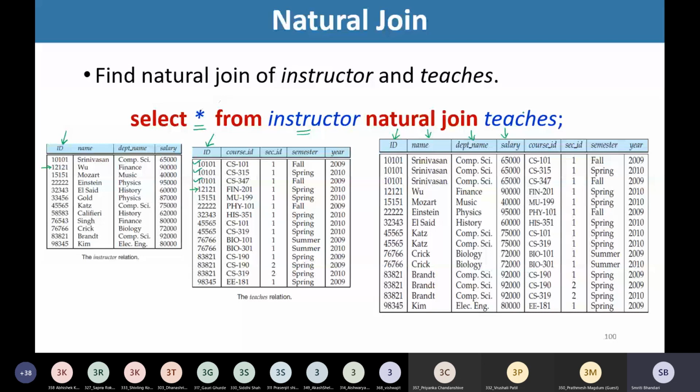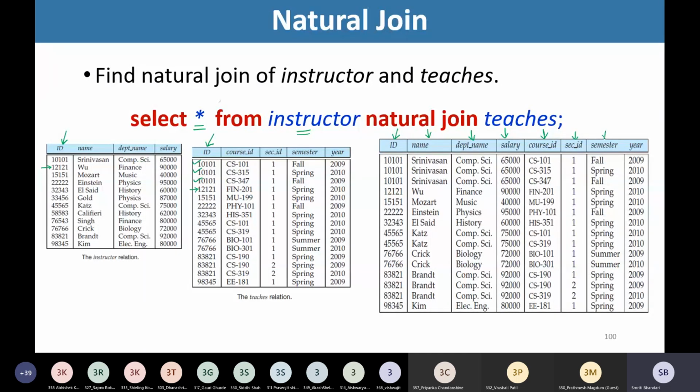What next? The remaining attributes. After dealing with the left-hand side relation, we deal with the right-hand side relation. So, other than the common attributes, whichever are the remaining attributes from the right-hand side relation appear next in the same sequence as in the right-hand side relation. So we have course ID, section ID, then semester and year.